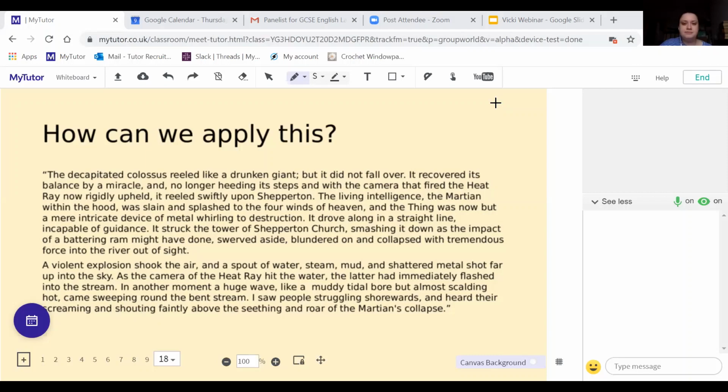Yeah, so absolutely link it back to the question. When you get to the end of the paragraph and think I've done writing and I've pulled this to pieces, link it back. Absolutely. I'm not saying don't use these. That's absolutely not what I'm saying. What I'm saying is use them to get you going, but take it further.